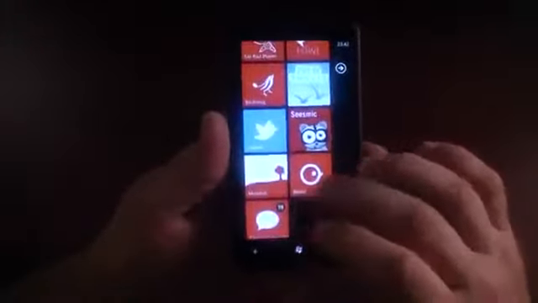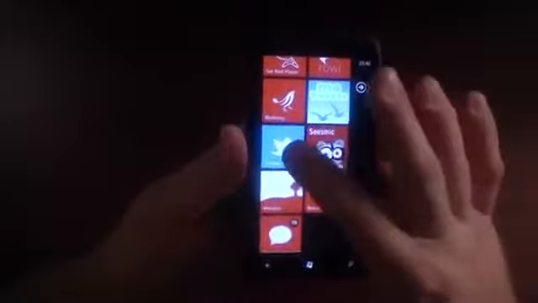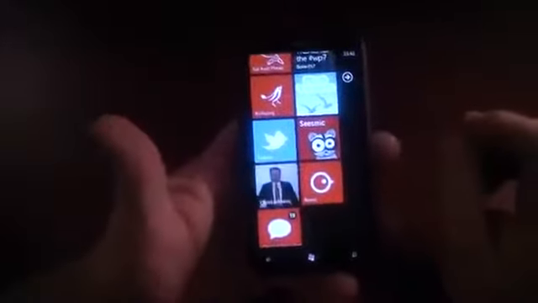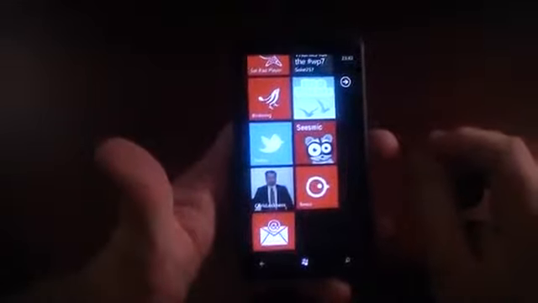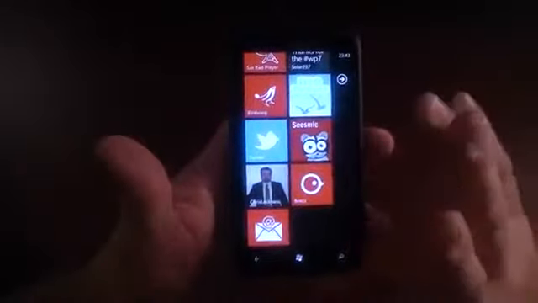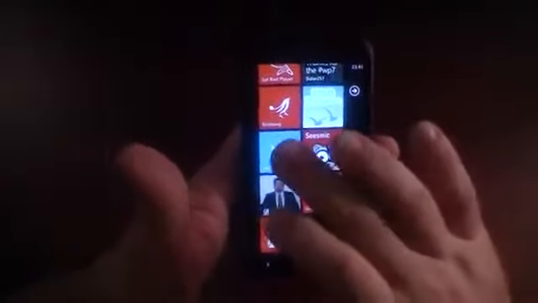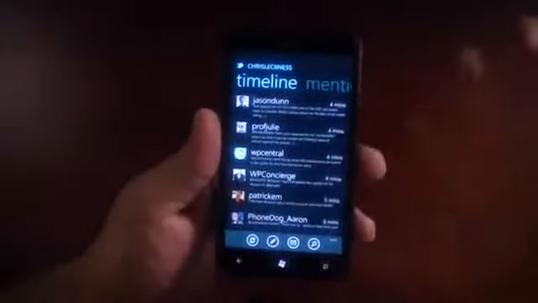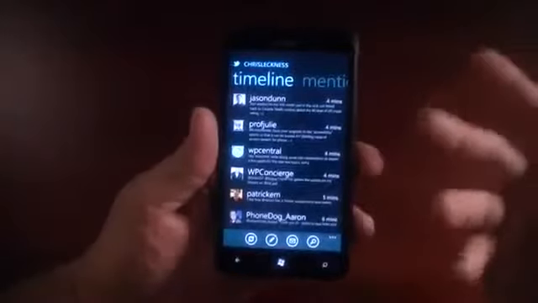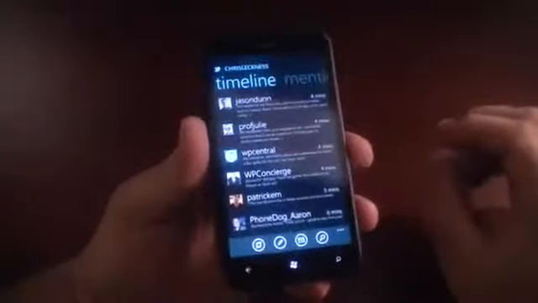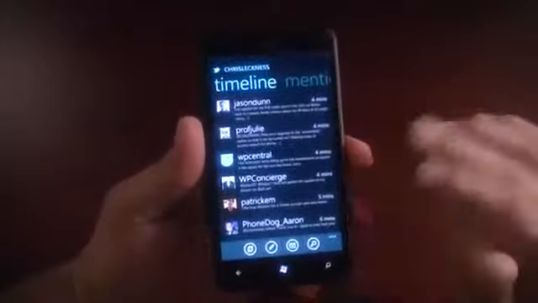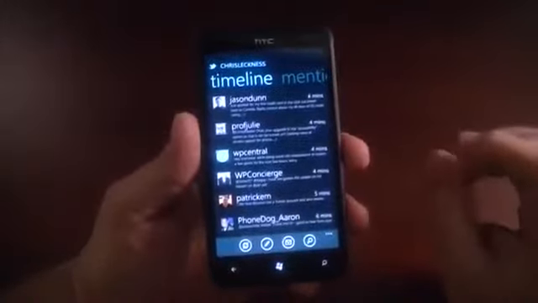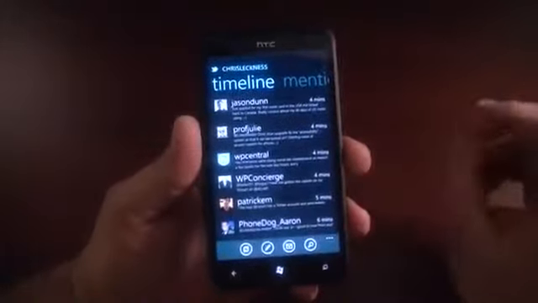the official Twitter app, which is right here in the light blue for Windows Phone 7, is sufficient, but it doesn't have a lot of features. So I'm going to go ahead and take you through some of these Twitter applications and show you just the basics of each of the applications and comment on what I like and what I don't. And this video will accompany a kind of mini review of all these applications that I'm going to show you